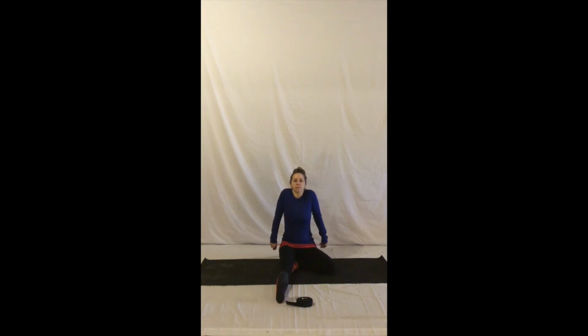Inhale the shoulders up to the ears, and you're going to exhale, roll them back and back and back, and the arms keep going, and you open up like a phoenix, reaching back, head back, and then again inhale, shoulders come up to the ears, and then roll back, back, back, back, and you lift the belly, open the heart,